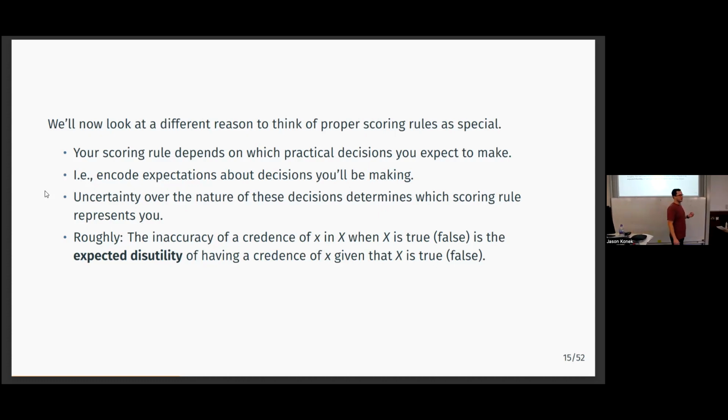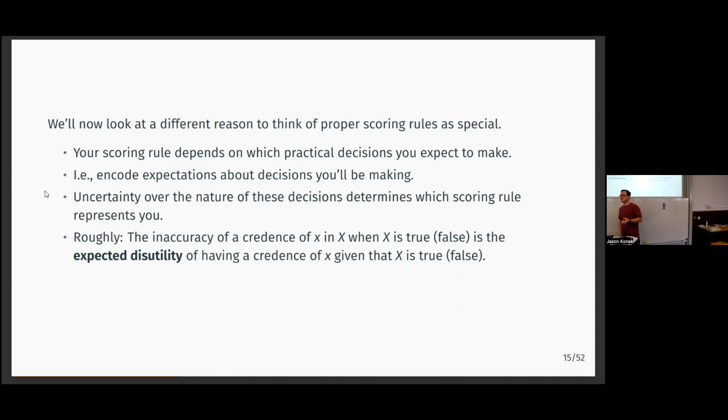I think the natural way on this construction to think about scoring rules is in this expected disutility way. So when I give a forecast of X in rain, I'm X% confident in rain, something like that. I might have to make some decisions that turn on my confidence in rain. And you can think more generally, again, I won't really talk about this at all, if I assign the expected number of centimeters of rain today to be 1.2, there might be something that turns on that. We aren't going to do the more general case. But